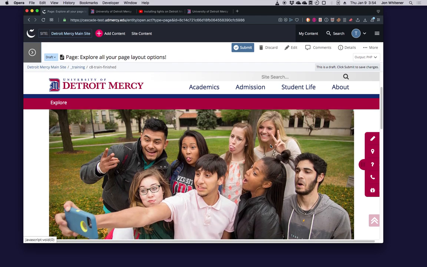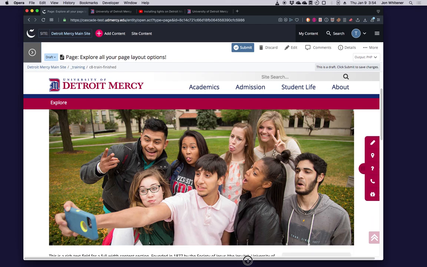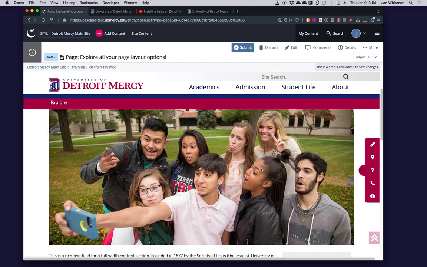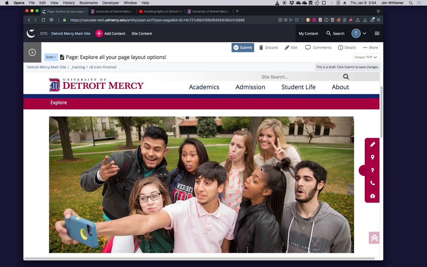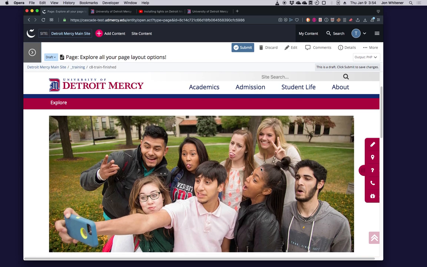Here's an example of an image. It's full width and it is taller, and it's on the barrier of filling the whole screen, which is why we advise against these big giant photos in most places.